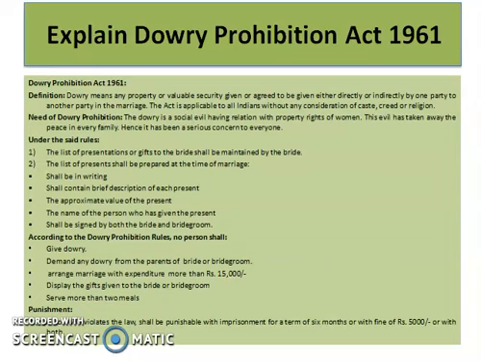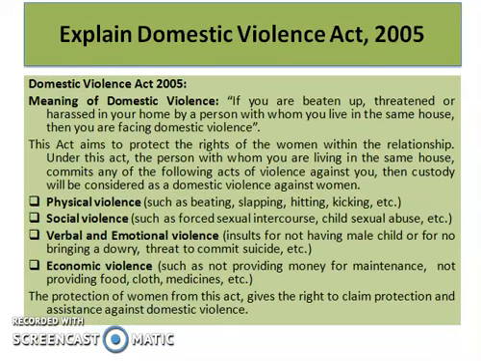The punishment if he avoids this act: any person who violates the law shall be punishable with imprisonment for a term of 6 months or with a fine of rupees 5,000 or with both. Next act,